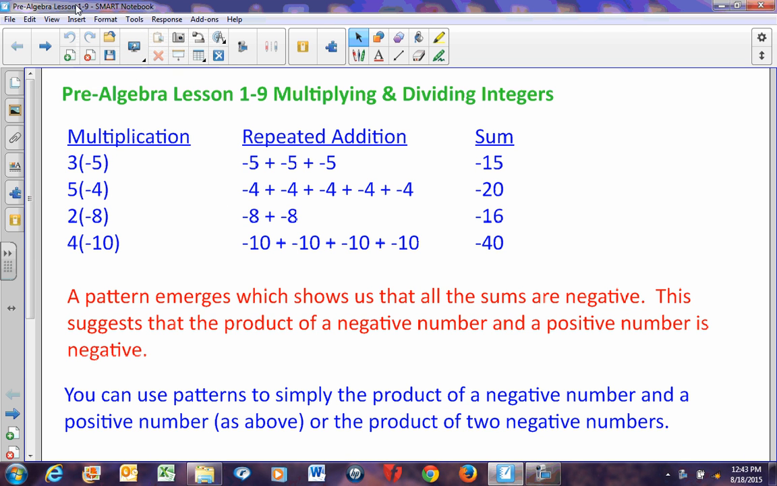This is pre-algebra lesson 1, multiplying and dividing integers. Now, when you were younger and you learned about multiplication, you learned that multiplication is simply